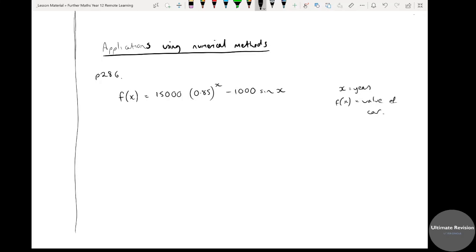Okay, right. So the first one, question A: find the value after 10 years. Okay, well that's pretty straightforward. You literally put 10 into the equation. Okay, so you put it into the equation, and if we do that,